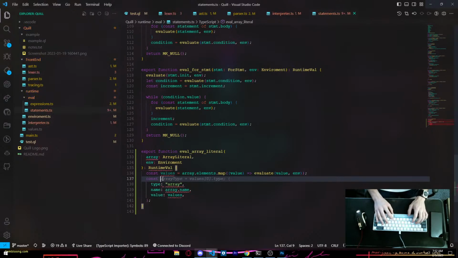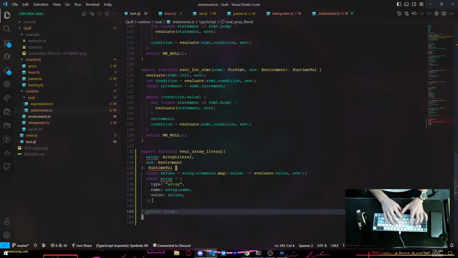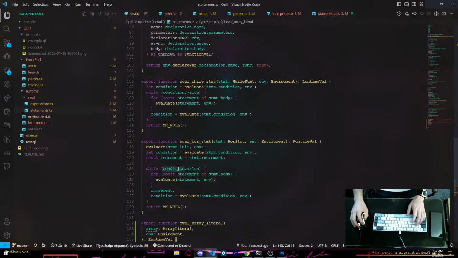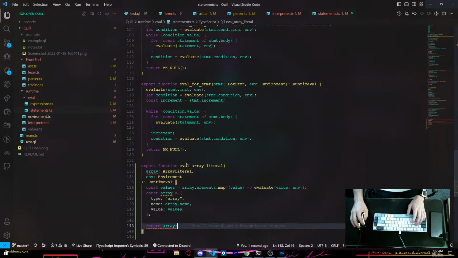Okay, const. It's a comment, I think. Array. And then let's return the array. But it's an array. Return env.